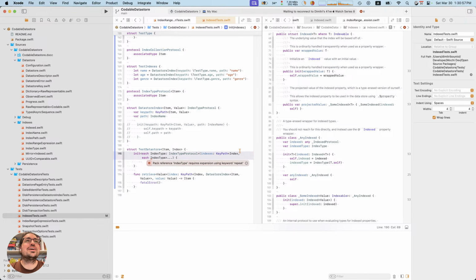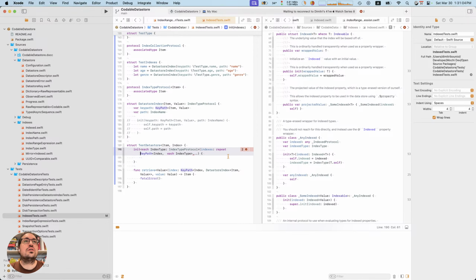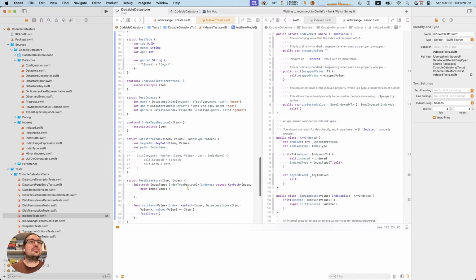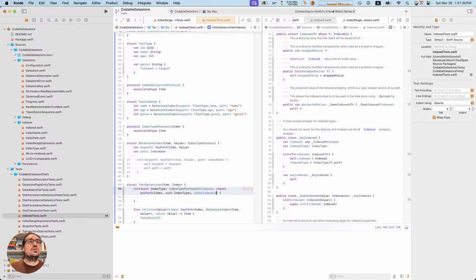I don't know what I'm doing. Maybe hit repeat. Okay, that seems to work. And that seems to work. Oh, glory. And then let's just make sure that we can have other indexes. What are we doing, young lady?